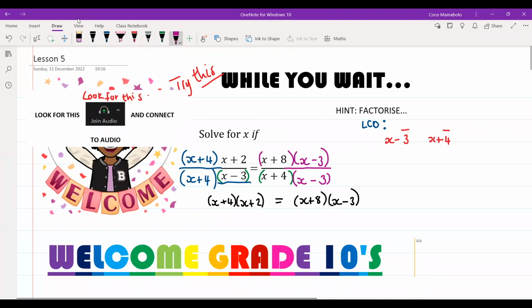Now, what you're telling me is my denominator would have been 3 because I would have taken 3 and multiplied it by 4, and that would have given us 12, right? So in this case, it's not just 3 and it's not just 4. It's x minus 3 and it's x plus 4. So my whole thing, I have to take this and multiply. I have to multiply both of them.